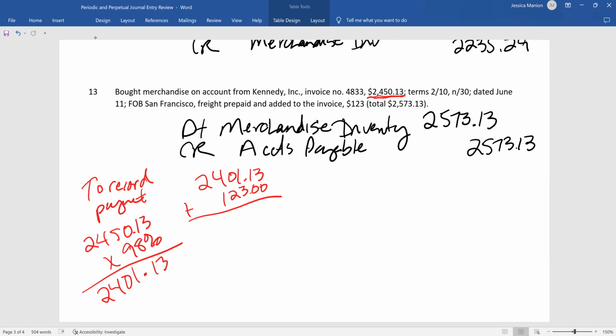To pay off this invoice, we're going to end up paying $2,524.13, right? That is the amount of cash we would have to spend to pay this off. And so when we do that, we're going to debit accounts payable